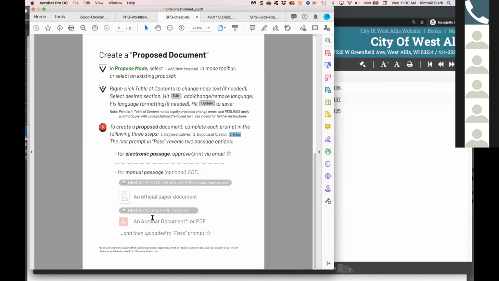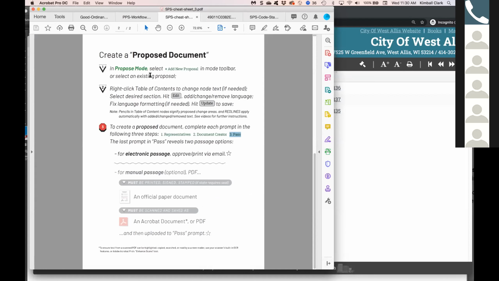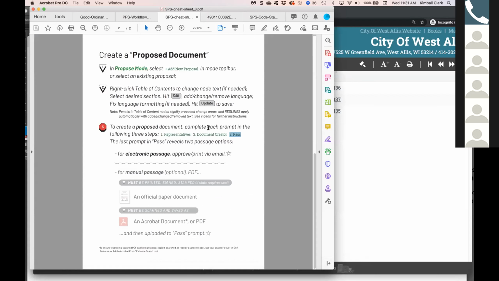Okay. So propose mode is by far more efficient than live mode, because if you use live mode all the time, then you're going to be using Word to create your resolution to begin with. You're going to be physically signing, scanning, and then re-inputting that text yet again. Whereas this, you're inputting the text to begin with in our text editor instead of Word, passing it electronically, and it immediately goes live. Okay, so do we all understand the reason why propose mode is clearly more efficient than